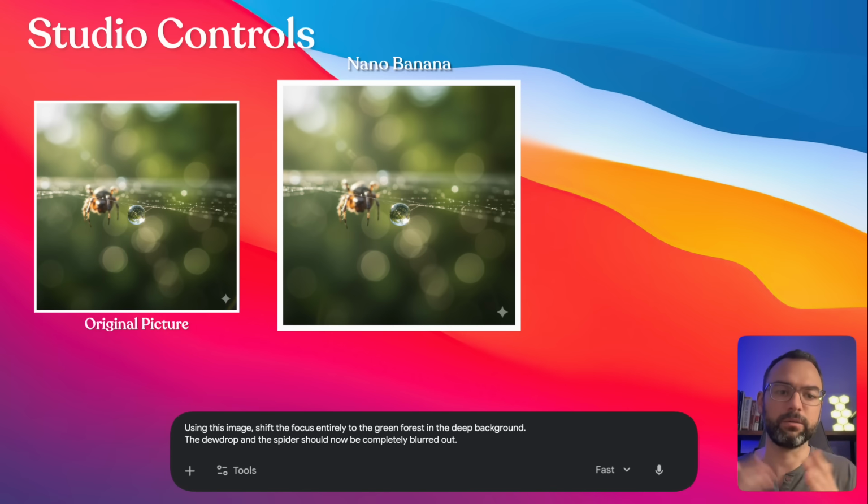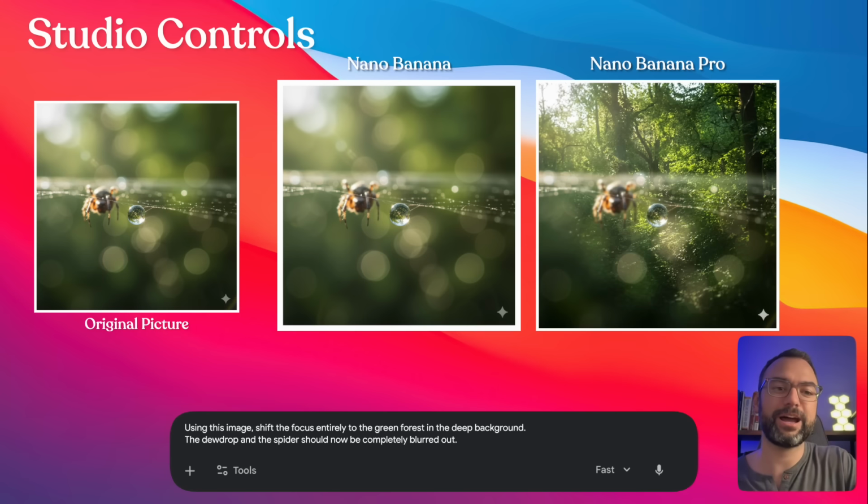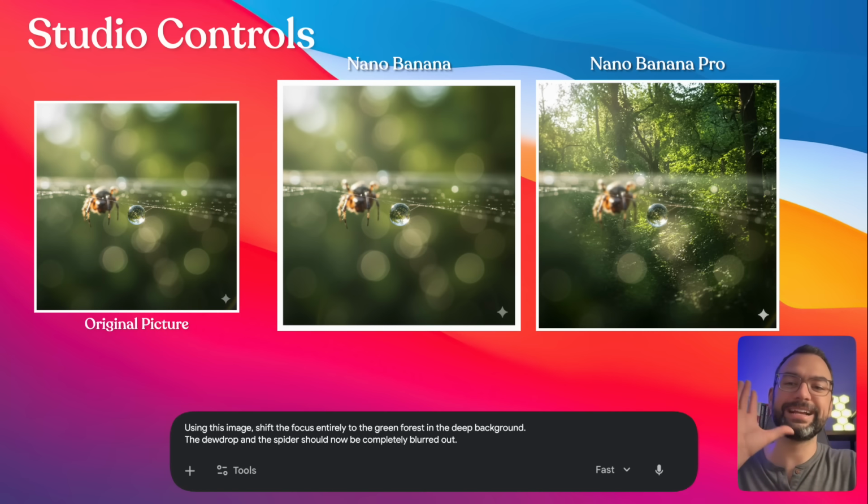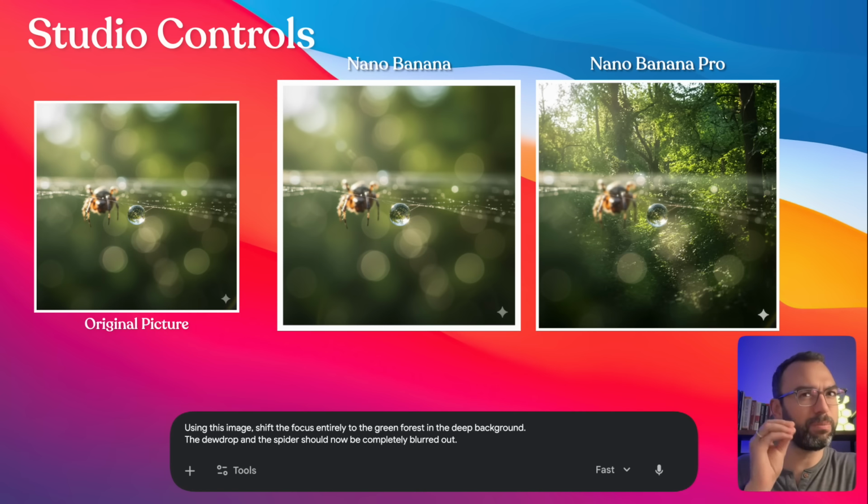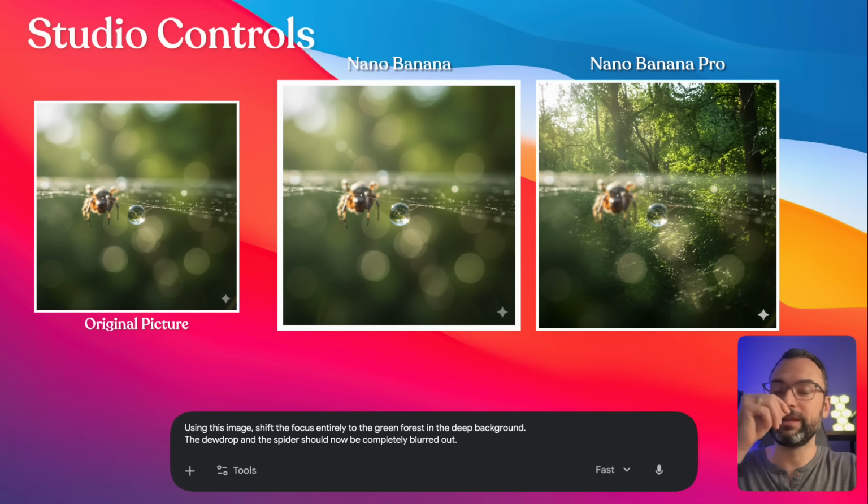So, you know, kind of failed. So now let's hop over to the new image where you can see Nano Banana Pro refocusing. So here's what it looks like. As you can see, it has the spider blurred out. The only gotcha is the dewdrop is still pretty in focus, so it kind of failed on that. However, when it comes to the actual forest in the background, my gosh, it made that perfectly crystal clear, and